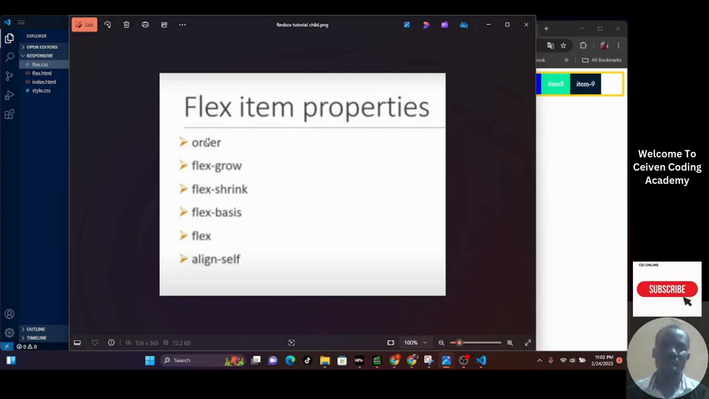While flex grow, we want to show you how an item can grow in relation to other items on that container or on that Flexbox, on that element, okay, on the element. While flex shrink shows you how much an item can reduce to create more space in relation to other